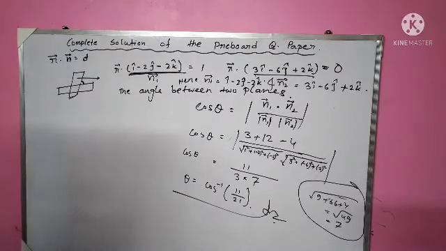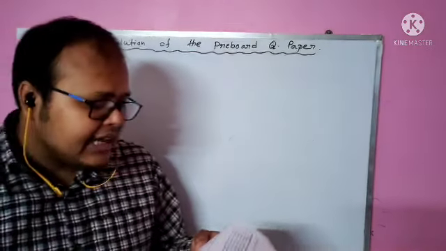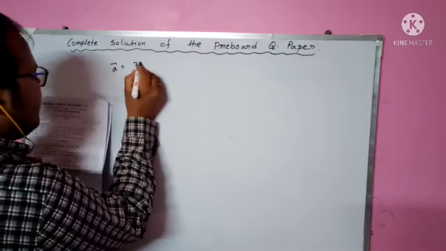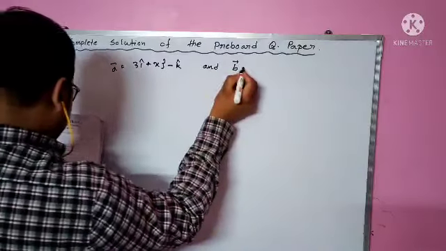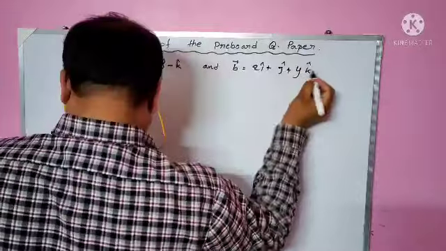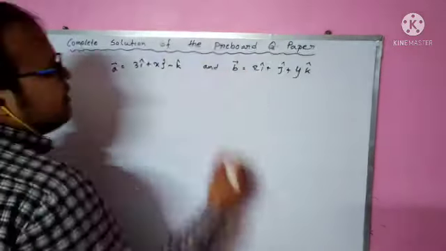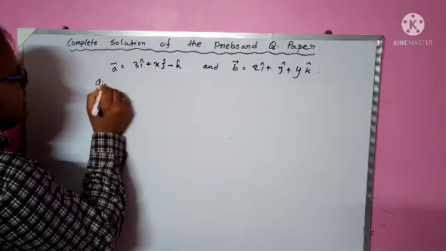Now let us come to the second question. It asks to find x and y. The vector a is given as 3i plus xj minus k, and the vector b is given as 2i plus j plus yk. It is said that a and b are mutually perpendicular. Another condition given is that their magnitudes are the same. So the given conditions are